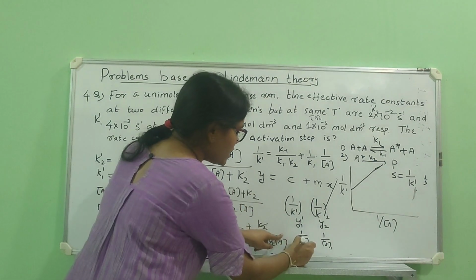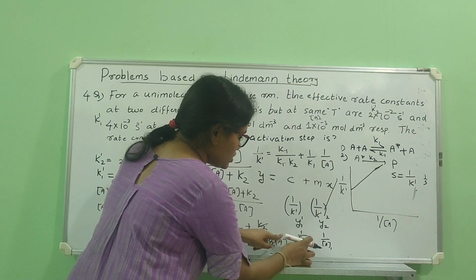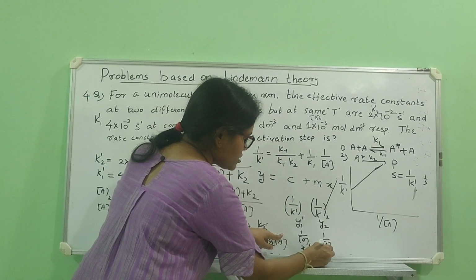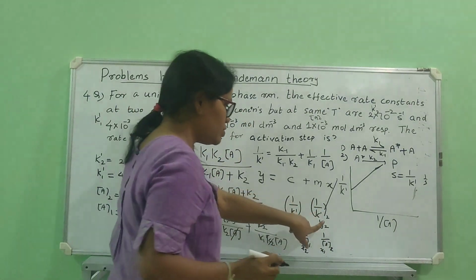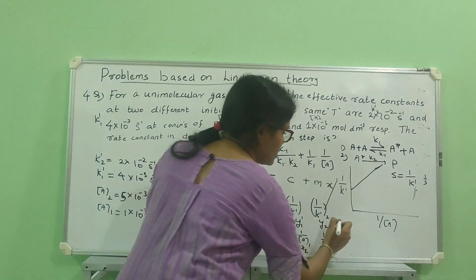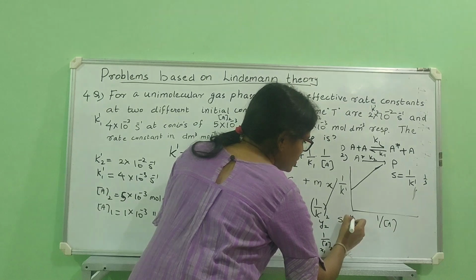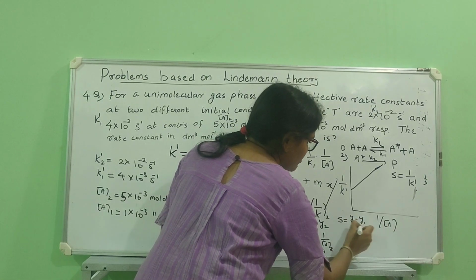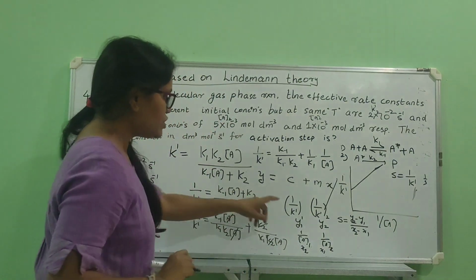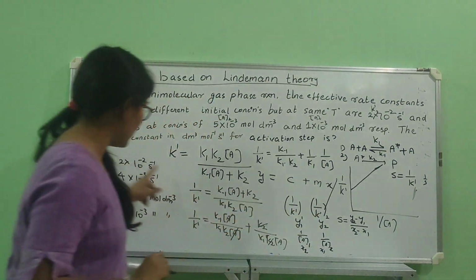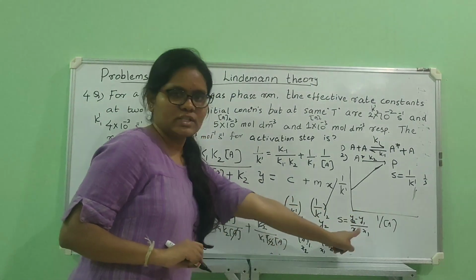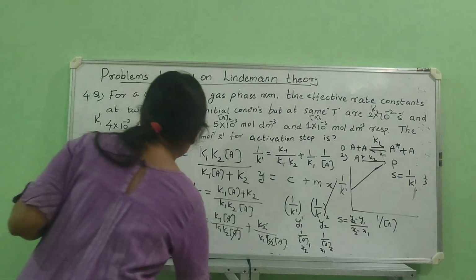So you have two x coordinates, 1 and 2. So this will be x2, this will be x1. So when you are given two y coordinates and two x coordinates, how do you find the slope of a straight line? So you can find slope by doing y2 minus y1 by x2 minus x1. Okay. Now you just have to substitute the values of k dash 2 and k dash 1 and a1 and a2 in this expression. So let us do that.